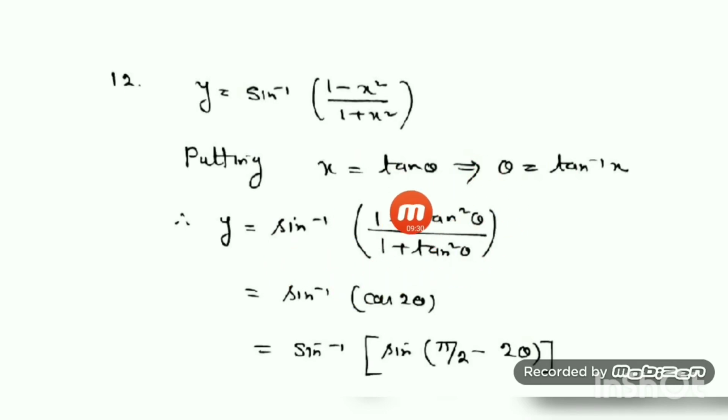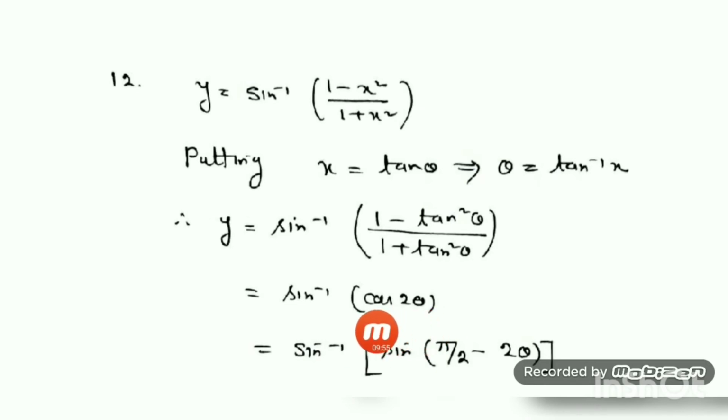Okay. And if you remember, you got it in class 11, 12 also I had given you when I did the inverse trigonometric function, before that, at the introduction part. In the introduction part, that video I had given you the formulas also. Okay. If you forget, you can see there. So it is sine inverse of cos of 2 theta. But now you see, sine inverse of sine theta can give you theta, but sine inverse of cos theta will not give you theta.